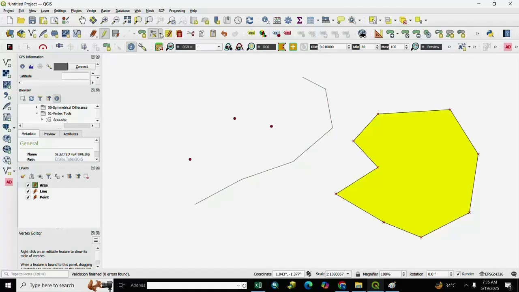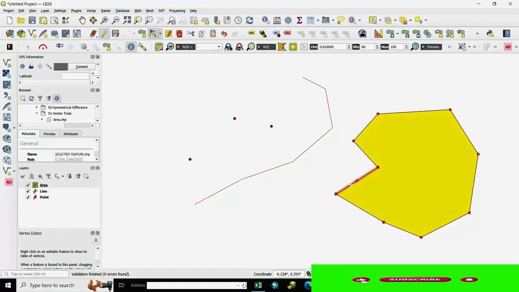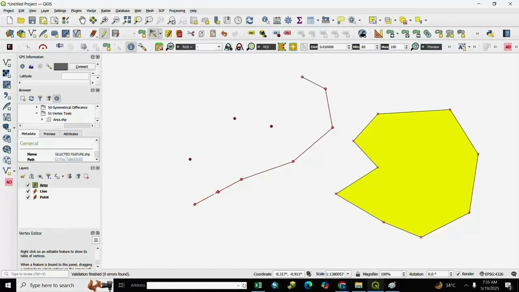Next, we go to the Vertex Tool for all layers. You select it, and you see here all layers are highlighted: point, line, and area. All layer vertices are highlighted. If you want to draw a new vertex, you click here and draw a new vertex.